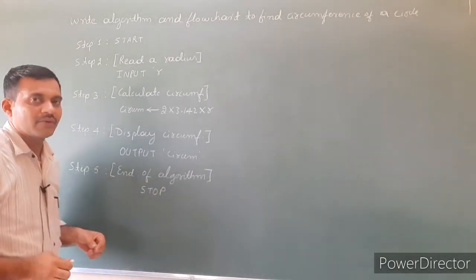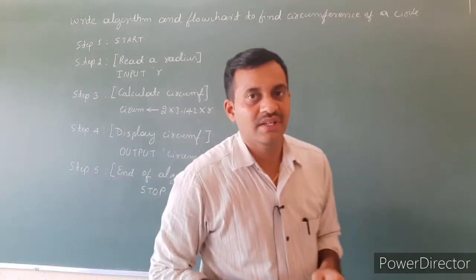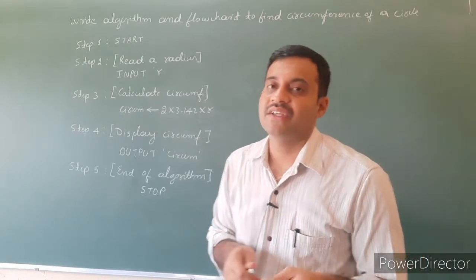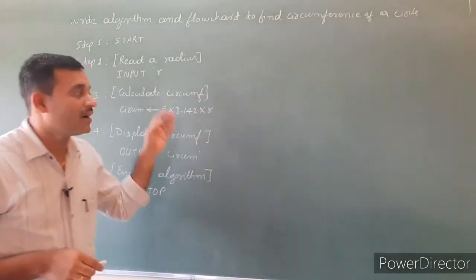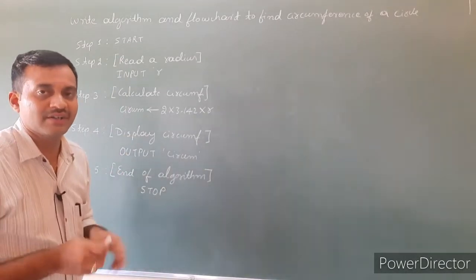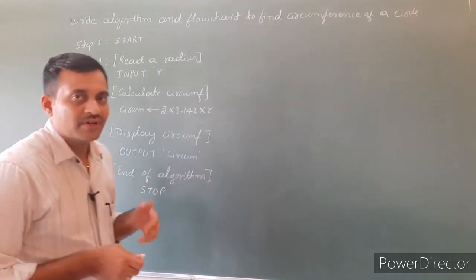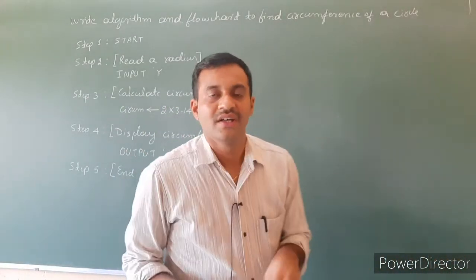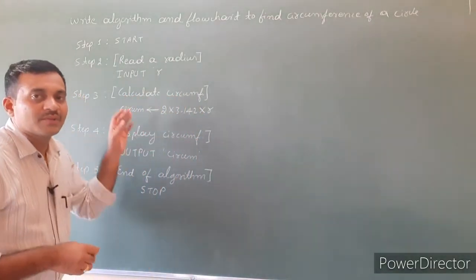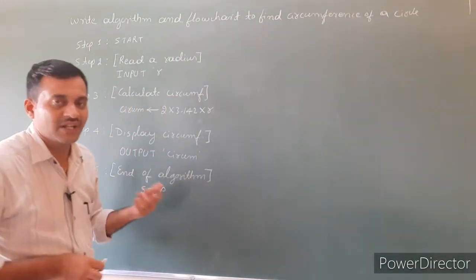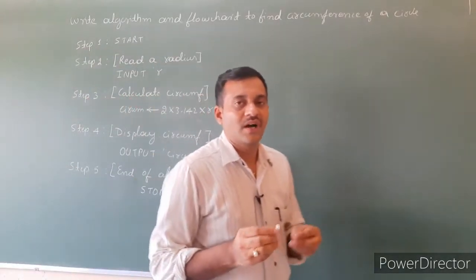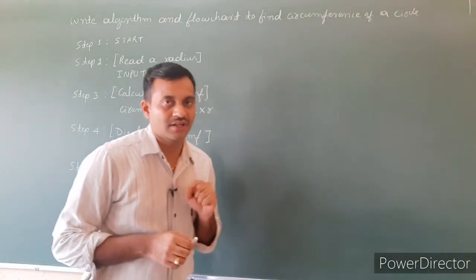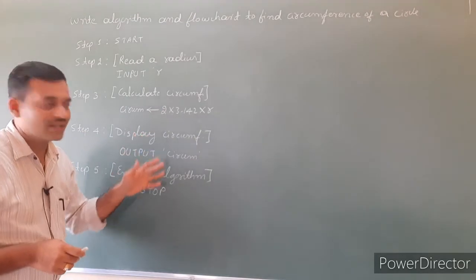An algorithm has 5 characteristics. The first one is input. Our algorithm must accept one or more inputs. Next is definite: all statements and instructions must be well defined. Next is effective: whenever we trace the algorithm manually, it gives the same result. Next is terminate: after some sequence of steps, our algorithm must terminate. Last is output: our algorithm must produce at least one output. These are the characteristics of an algorithm, and our algorithm follows all of them.